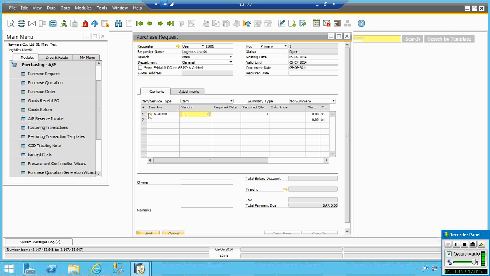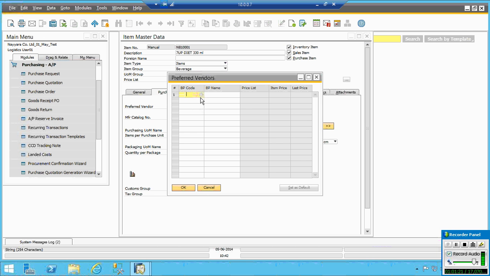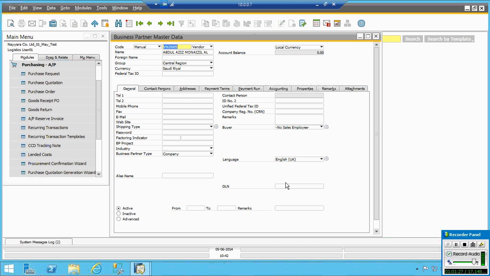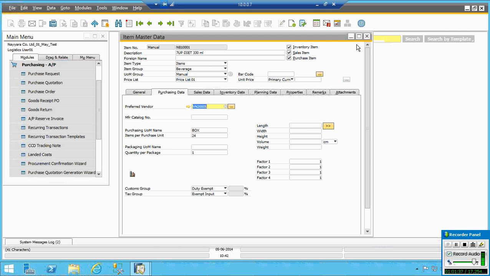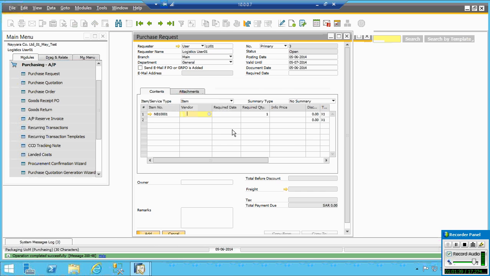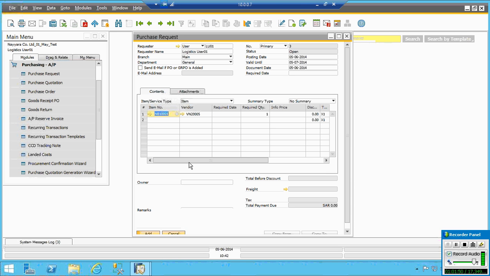Means for this 7 up, if I set a default vendor here, if the purchase department has already set the vendor, that will be displayed.